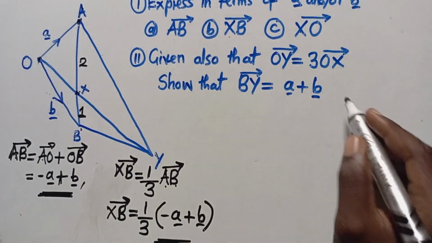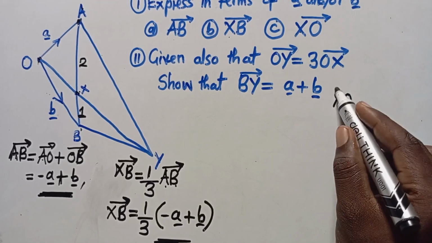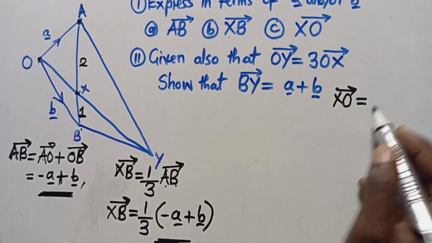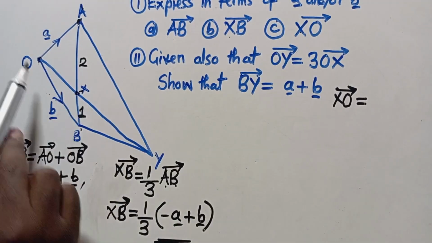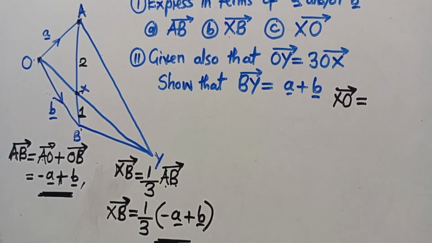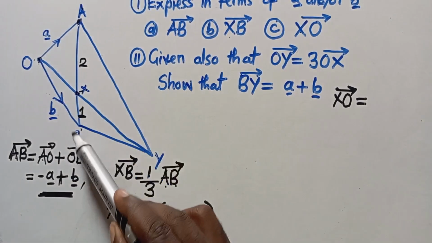Vector XO. So we want to find vector XO. I'm going to write it here. How can we answer it? For us to find vector XO, what we are supposed to do is say XB